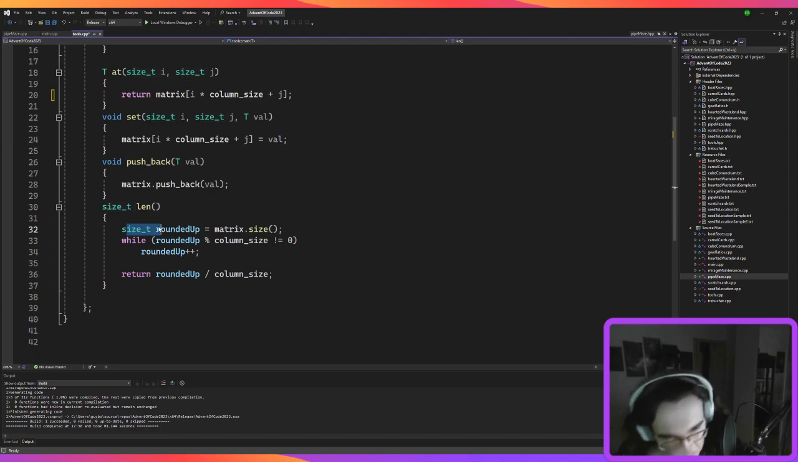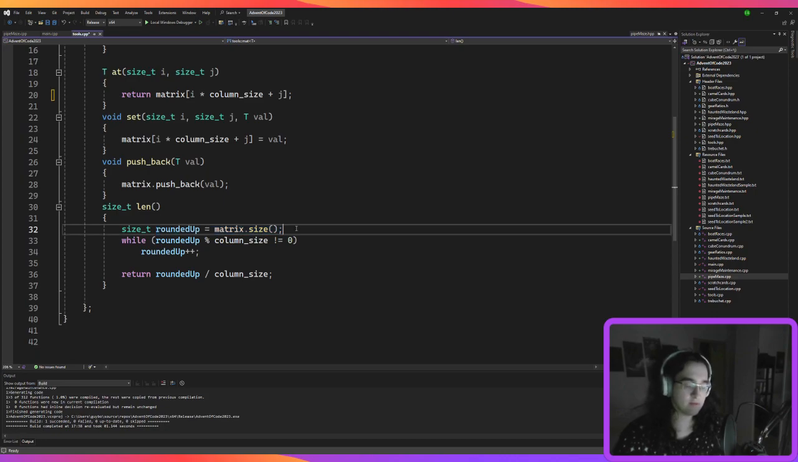Oh, sorry, that's right. This is the length, so we have a width, length. So length, I'm rounding up matrix size. Sorry, rounded up, I have a size, I have some matrix. I'm taking the whole size of the vector,